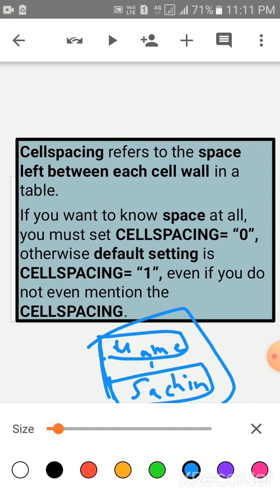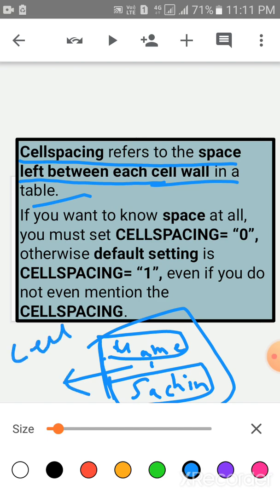Cell spacing refers to the space left between each cell wall in a table. Children, this is cell spacing, between two cells.